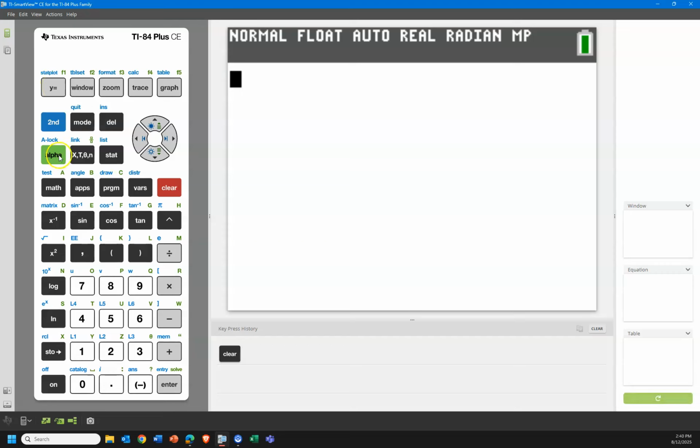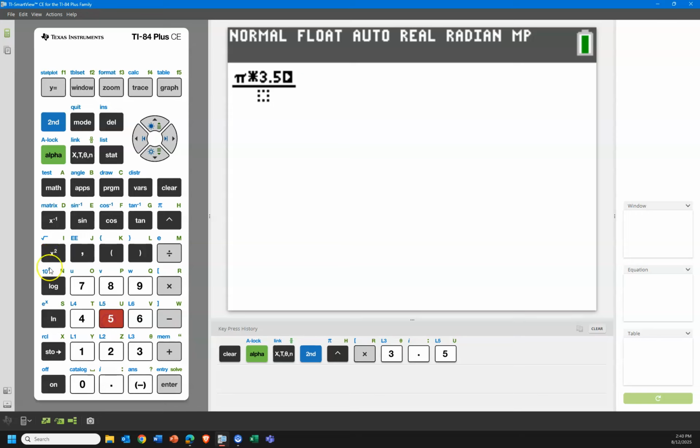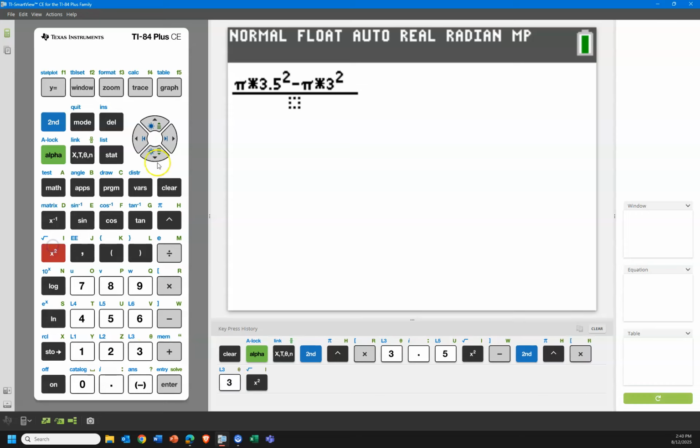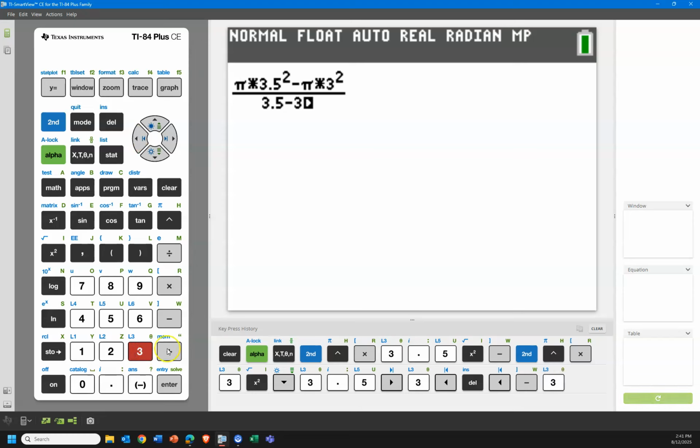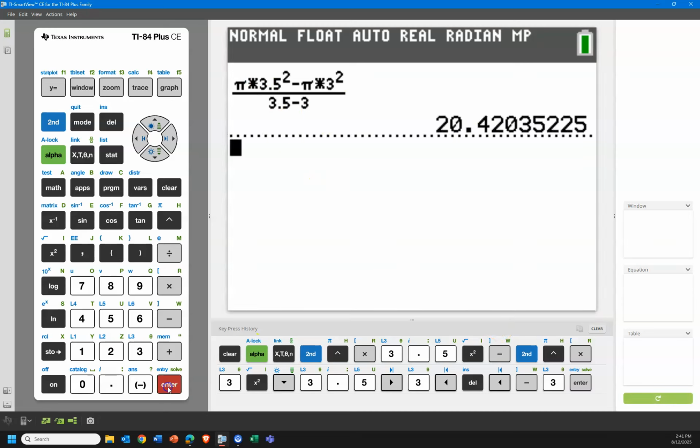So instead of doing pi times 3.5 squared, and maybe I will, but then I'll do the other one, minus pi times 3 squared over 3.5 minus 3. I don't think this is a great... Oh, gosh darn it. Delete. Minus 3. One thing I think is a good practice is to type everything all at once and just press enter. So I could type, or I could write down on the other page